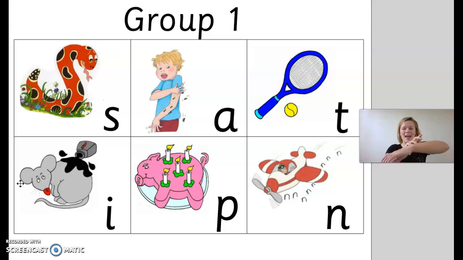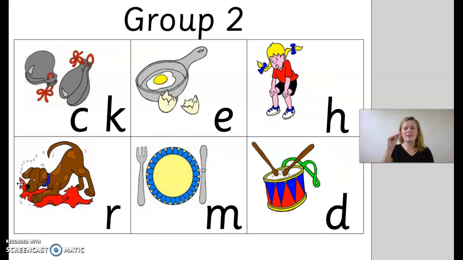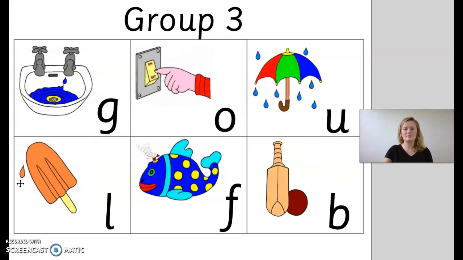S, A, T, I, P, N, K, E, R, N, D, G, O, A, O, B,